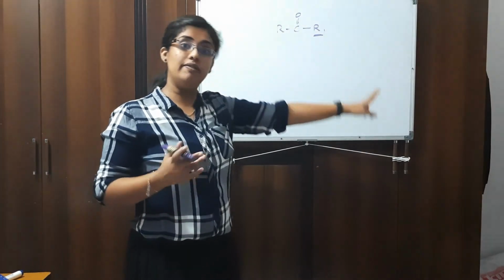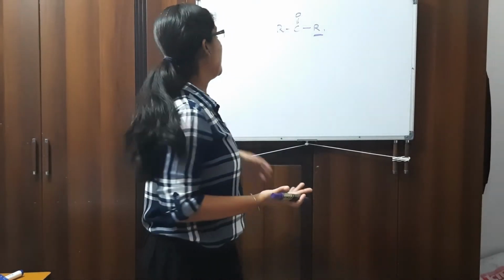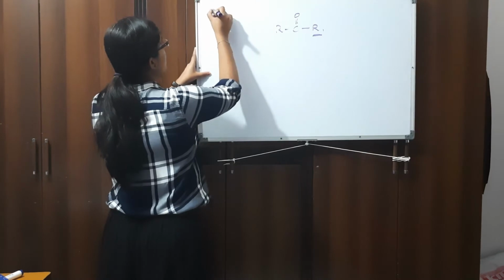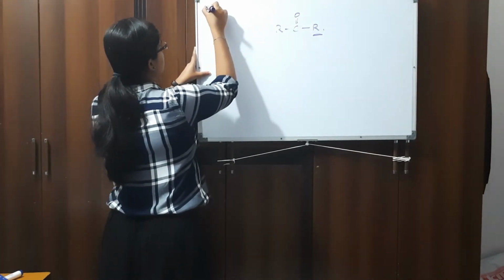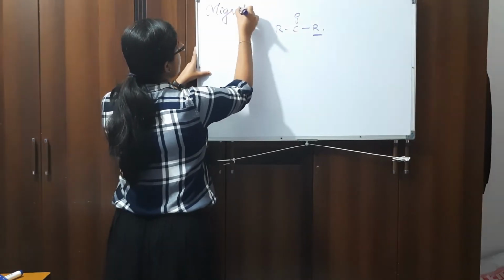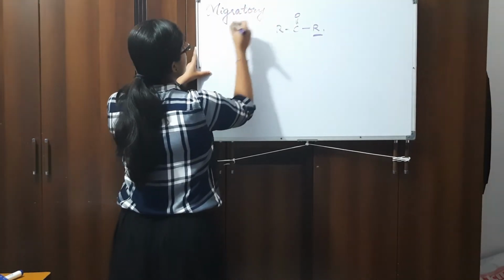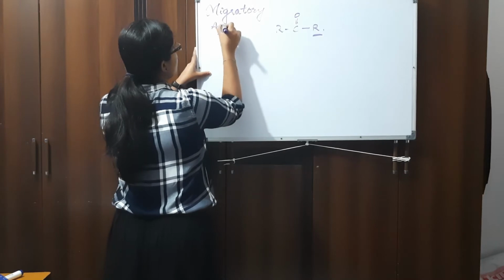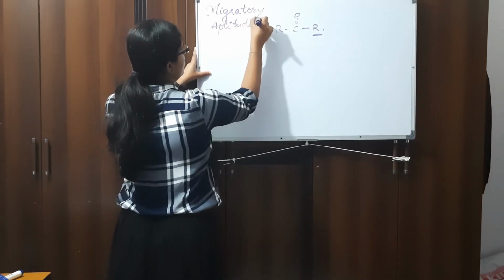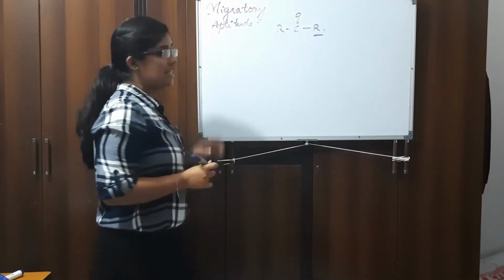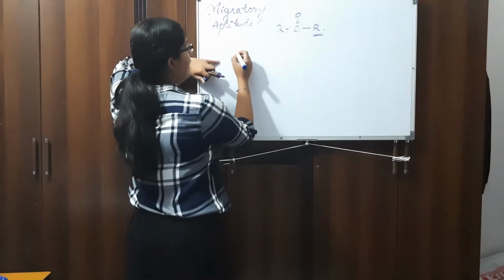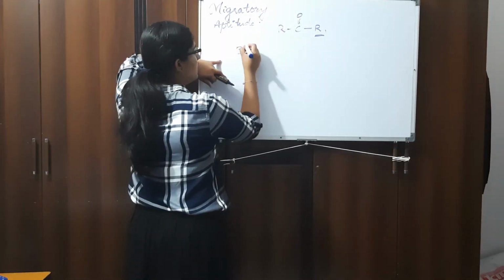So which would shift faster? Which is the migratory aptitude that we are to look into. So let's look into the migratory aptitude of the ketones, right? If we have to look into the migratory aptitude, we can say that the migratory aptitude follows as